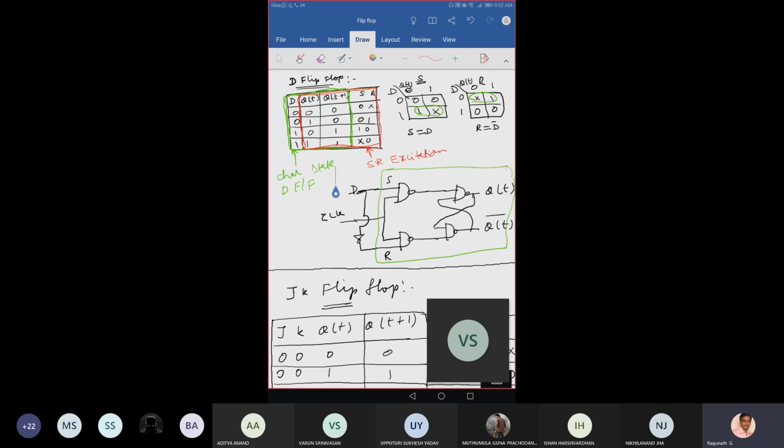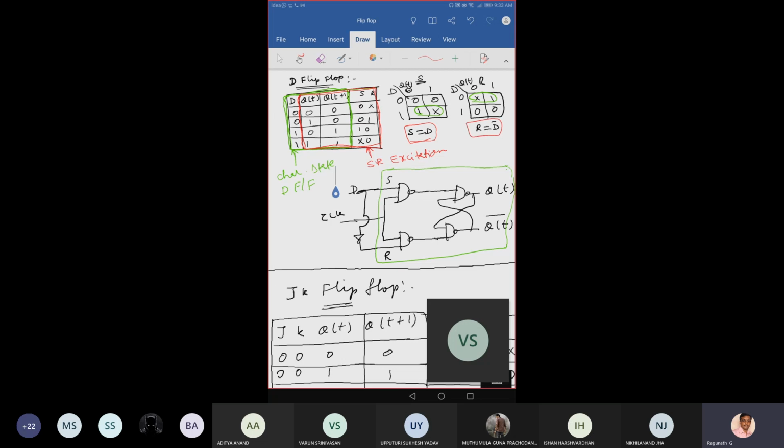So for 0, 0, what's that value? 1, 0, what's that value? 0, 1, what's that value? And 1, 1, what's that value? Next, after writing, we have to simplify this using a K-map. After simplifying, I'll take care of the other things later. You don't worry, just focus only on the simplified equation. Now, what is the simplified expression I got?